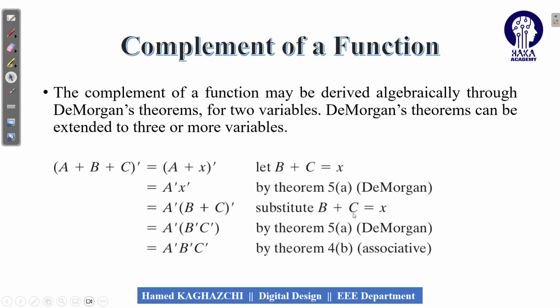Now, in the case of the theorems and postulates, we talked about De Morgan's theorems, but we talked just about the two variables De Morgan's theorems. Now I want to extend De Morgan's theorems to 3 and more than 3 variables. Here, this is the way of the proof of De Morgan's theorem for 3 variables. But anyway, you can see that if I have (A or B or C) prime, as a result, I will have A prime and B prime and C prime.